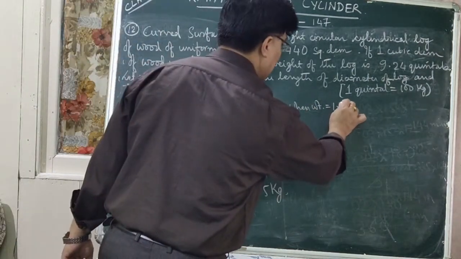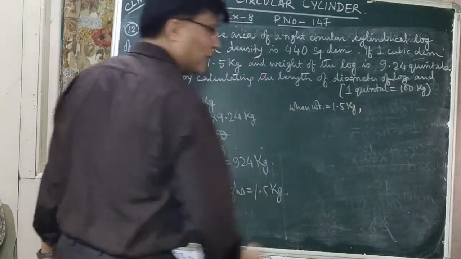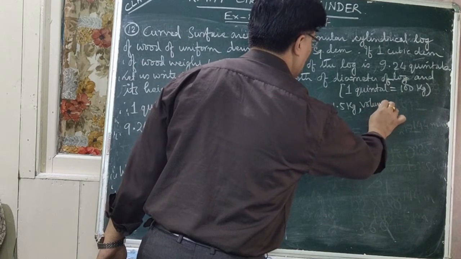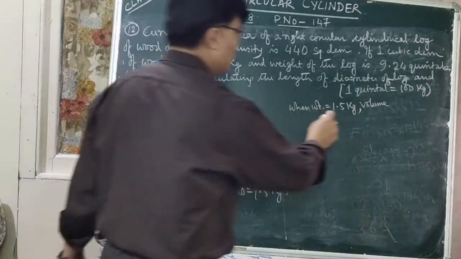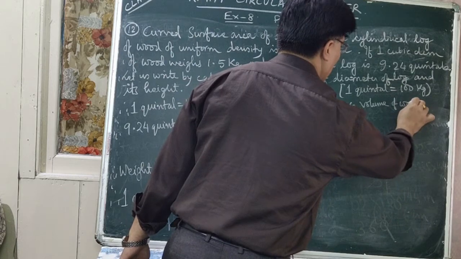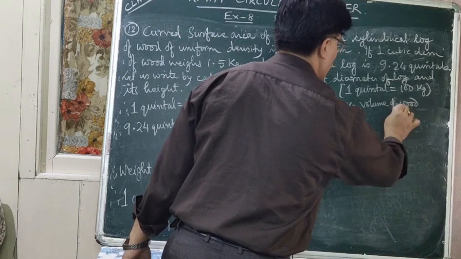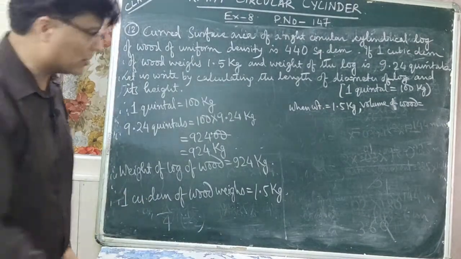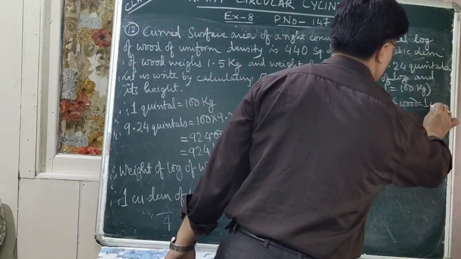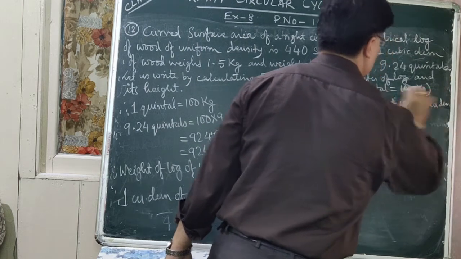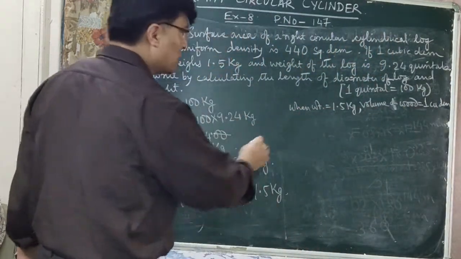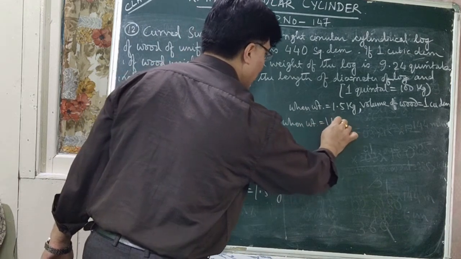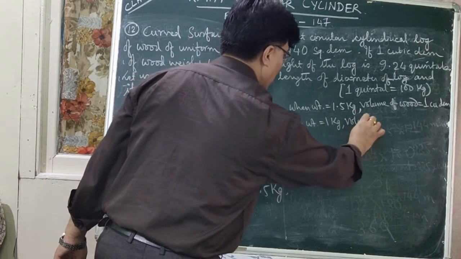So when weight is equal to 1.5 kilogram, what is the volume of wood? Volume of wood is equal to, what is the volume of wood? It is 1 cubic decimeter. Let us write it. It is 1 cubic decimeter. Now let us use the unitary method. When weight is equal to 1 kilogram, volume of wood